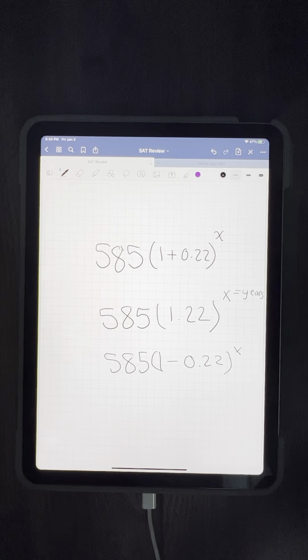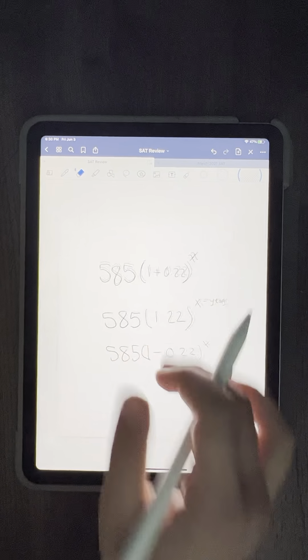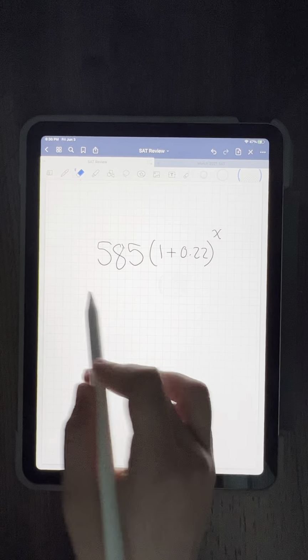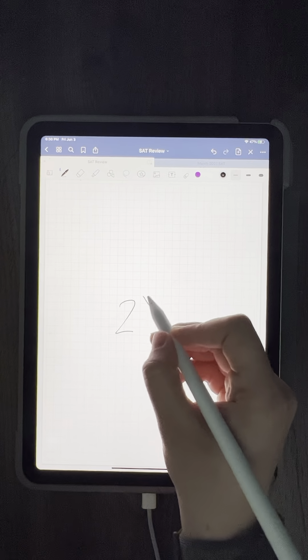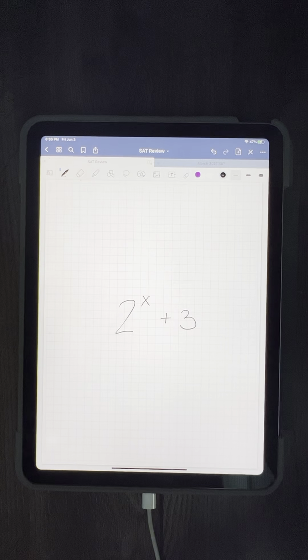And it would just be the same thing. So that's how you do exponential equations. And if they do ask you for the graph of an exponential equation, and they give you, let's say, 2 to the power of x plus 3, right? An easy way to graph this, because they might ask you what the graph looks like,